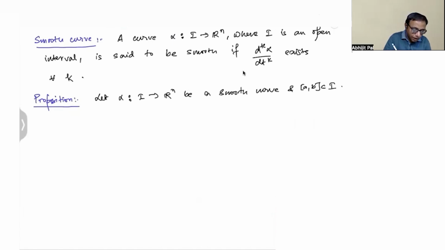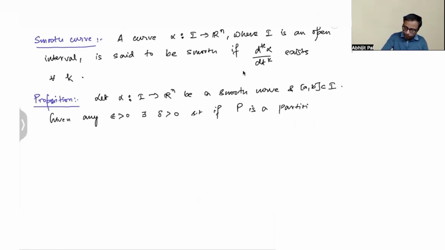Now, given any epsilon greater than 0, there exists delta greater than 0 such that if P is a partition of this closed interval [a, b] with norm of P less than delta, then